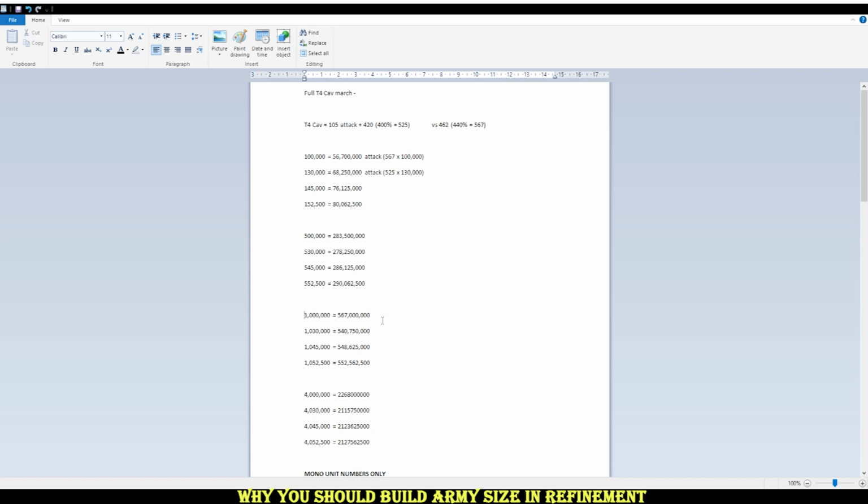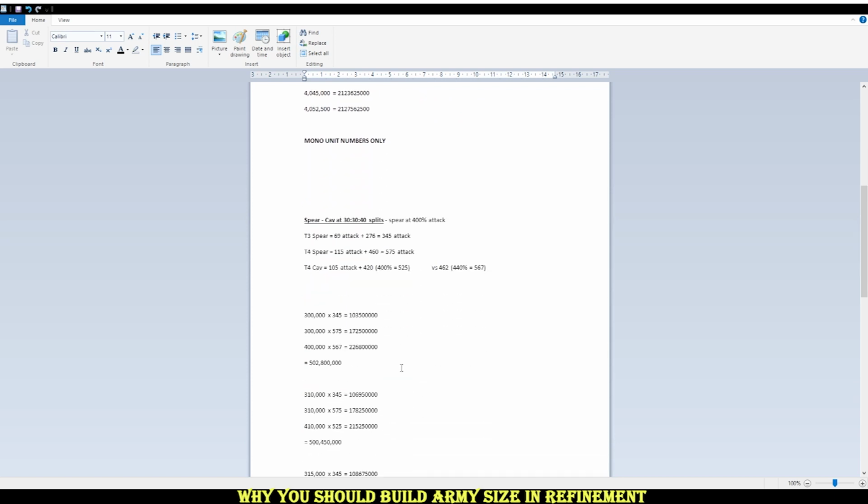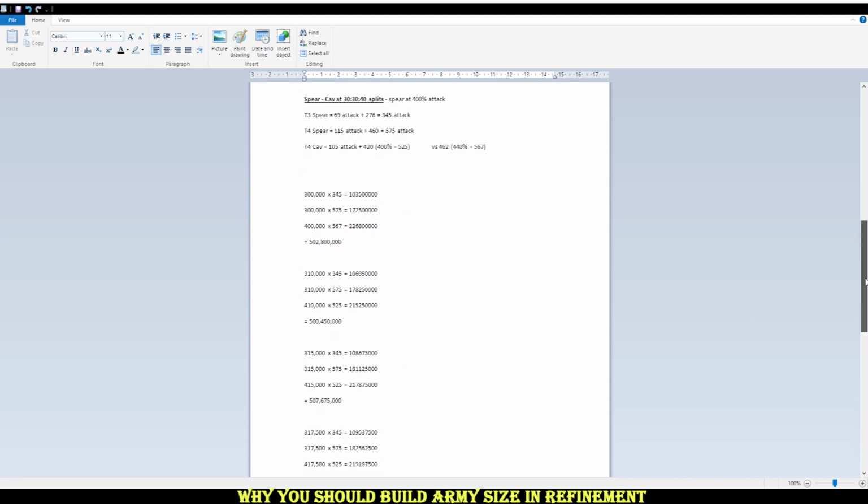Plus, all these numbers are with just one unit, which is very unrealistic for us to be using in PvP. So I did the maths for, say, Spear Cav, with 30-30-40 splits, so 30% tier 3 Spear, 30% tier 4 Spear, and 40% tier 4 Cav. The same again, the 400% baseline attacks on both. And then you can see here, even with the 1 mil march size, we have the buffed attack on the cav here,